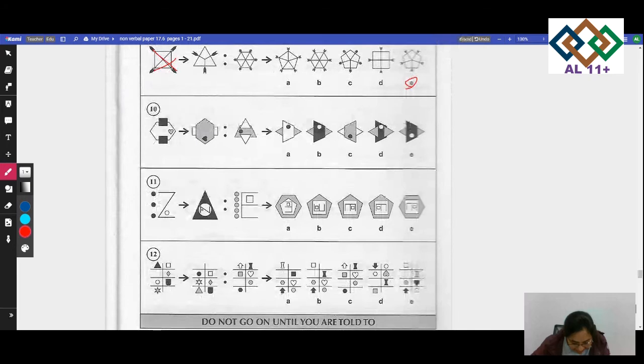In number 10, the whole of this is rotating. So its rotation is going on in this one. The whole figure rotates 90 degrees clockwise, and the 2 middle side shapes move behind the last shape. So they are moving behind the last shape. So what do you think it could be? You have to observe it really carefully, and then you will know the answer is B.